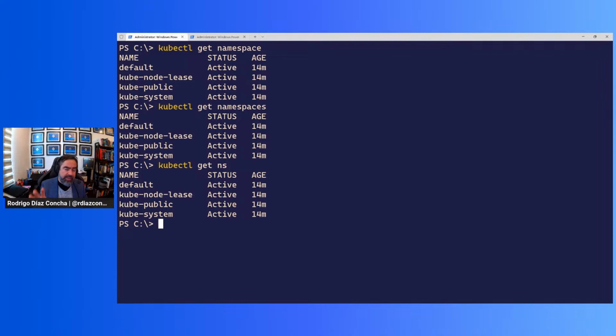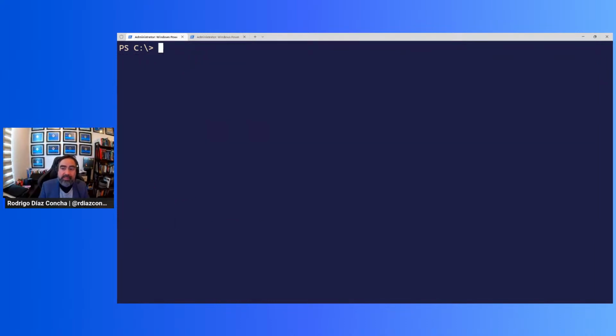Remember that those are aliases that we can use in Kubernetes. As you can see, I just deployed this Minikube cluster, and all of a sudden, I have those namespaces, right? Default, kube-node-lease, kube-public, kube-system. What in the world is going on here? So for instance, default is the default namespace, not surprisingly, right? So any kind of object that you create in your Kubernetes cluster is going to be deployed in